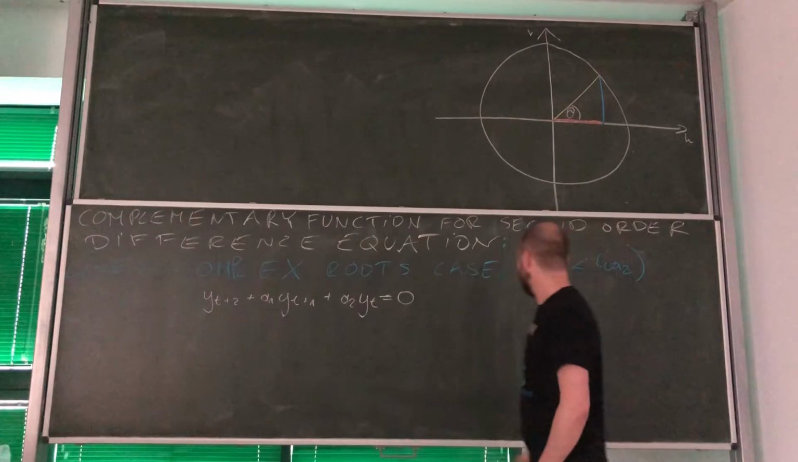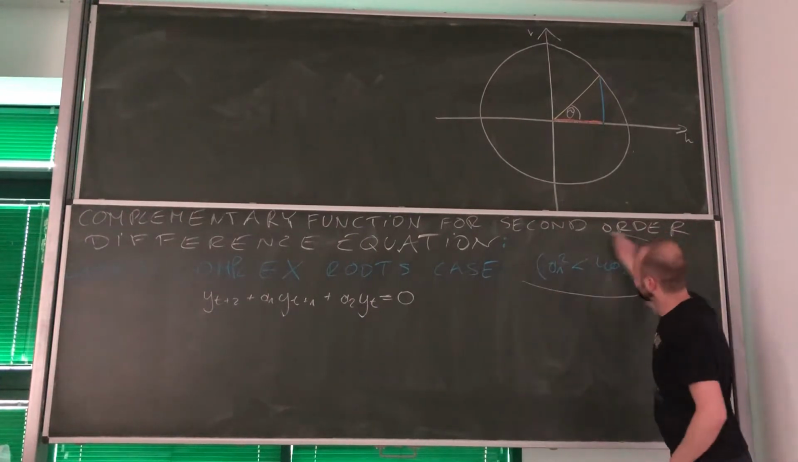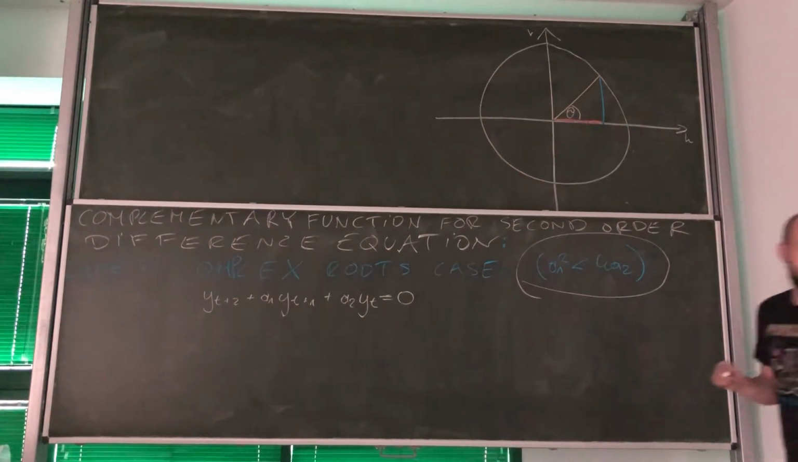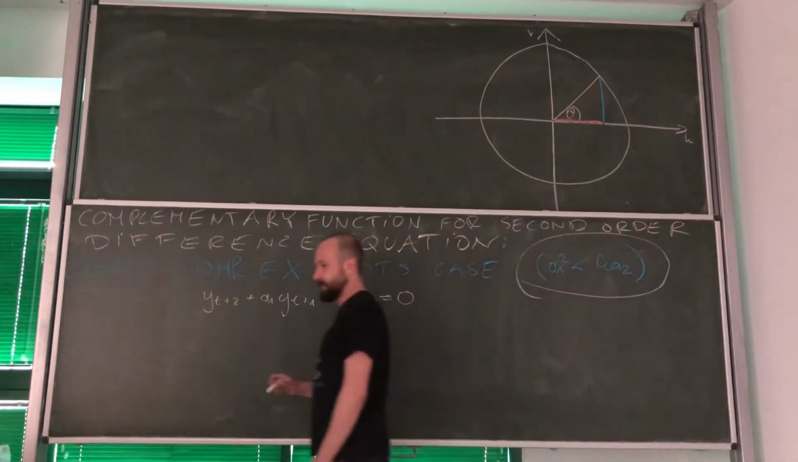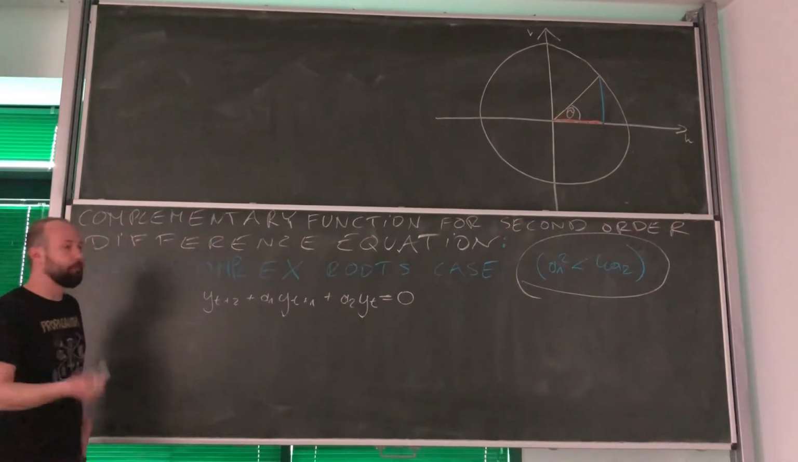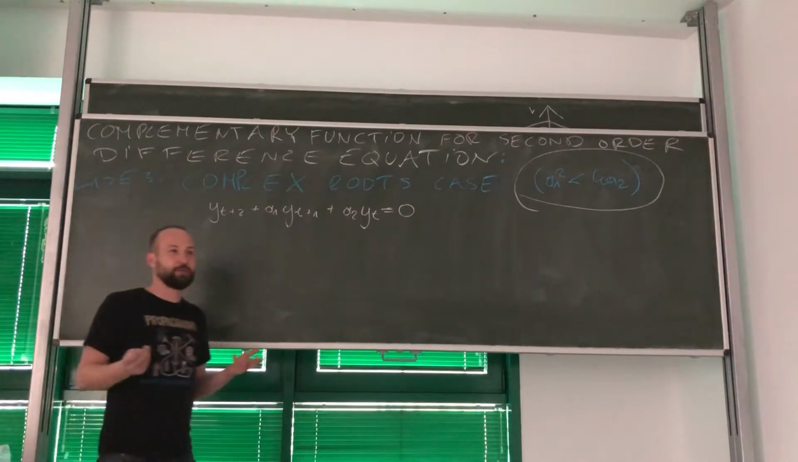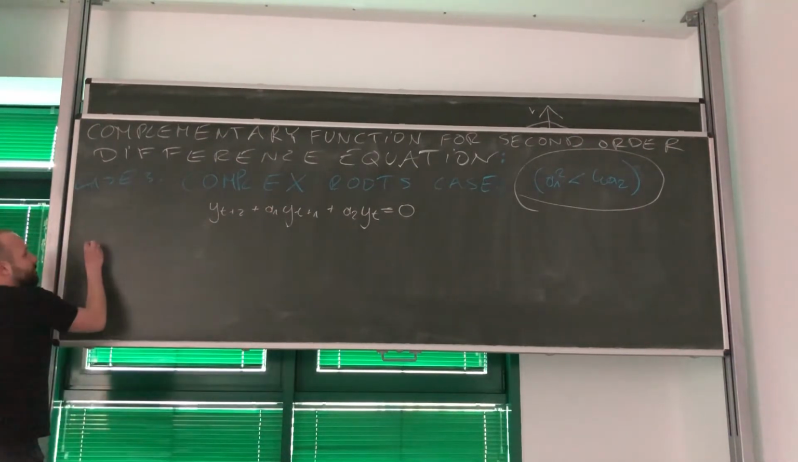And we have calculated that a1 squared is lower than 4a2. This right away means that we are dealing with the case of complex roots. Okay, what do we know about these complex roots already? Well, we will have